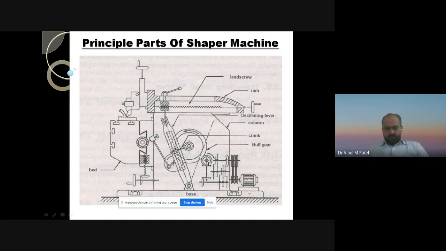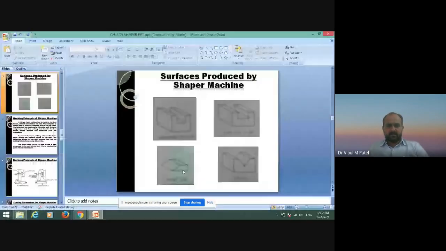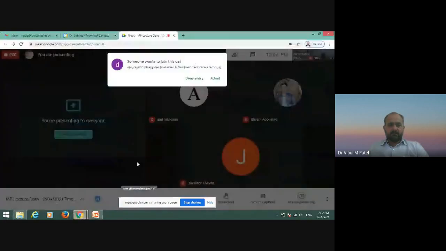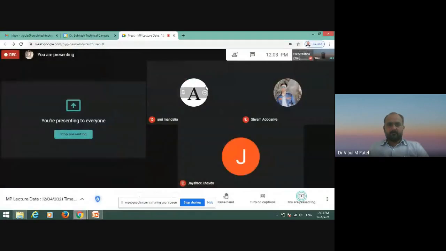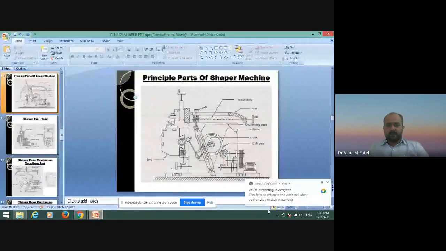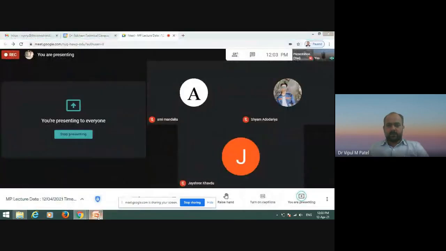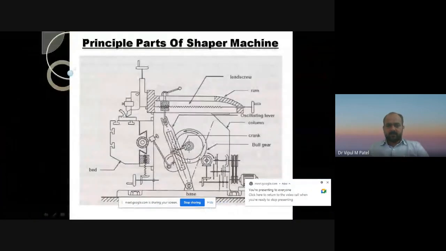So in the table or column, there are some different mechanisms available, and with the use of that, we can easily transmit the electric motion to mechanical power. In that, we are using a crank mechanism, or you can see the quick return mechanism.